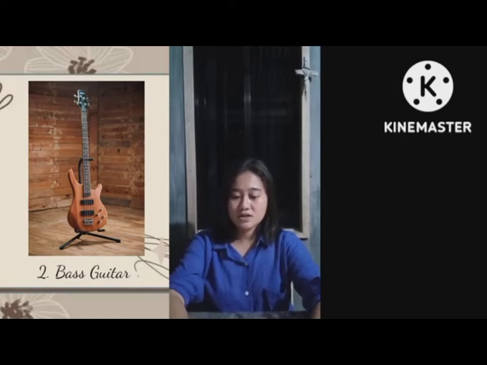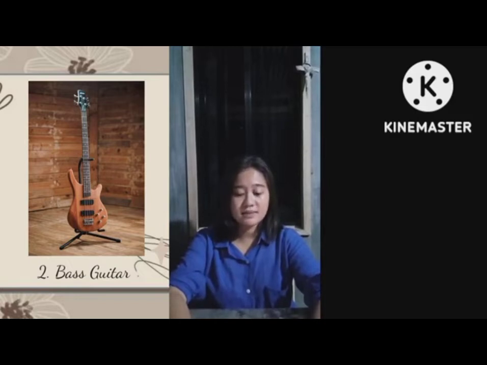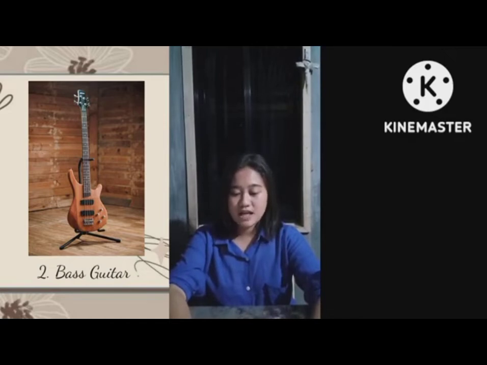It is a plucked string instrument similar in appearance and construction to an electric or an acoustic guitar, but with a longer neck and scale length and a typical 4 to 6 strings or courses. Since the mid-1950s, the bass guitar has largely replaced the double bass in popular music.